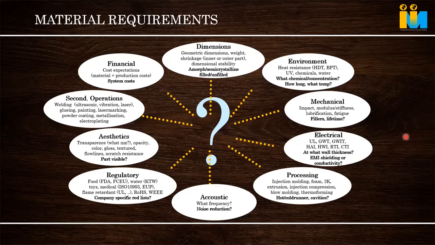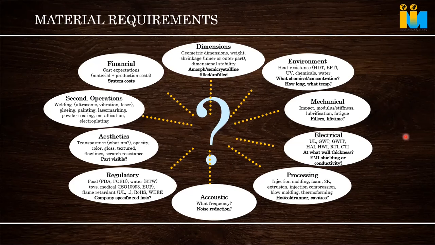Medical regulations are there. Then there are regulations like flame retardant, UL V ratings, and RoHS, the restriction on hazardous substances. There are some substances which cannot be added whenever we are exporting the material to Europe or Western countries; they ask for RoHS compliance. Okay, biocompatibility, I was telling, for medical: if the product is going inside the body, then regulations are very, very stringent. If it is just used for transferring blood or some fluid or medicine, then the regulation changes. So we have to see that also.